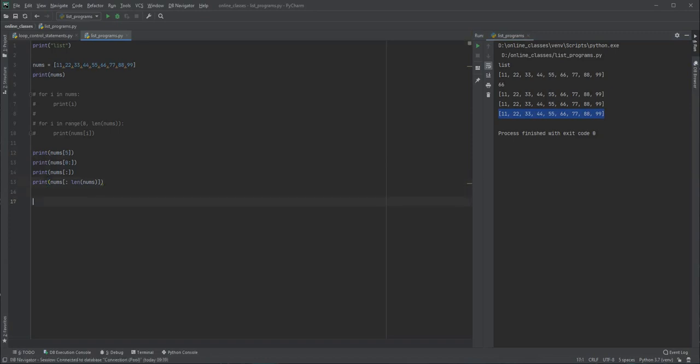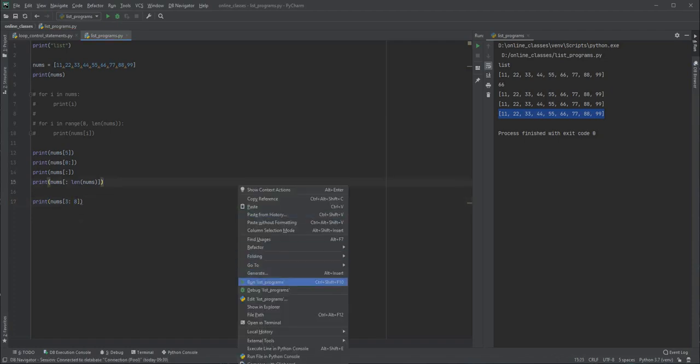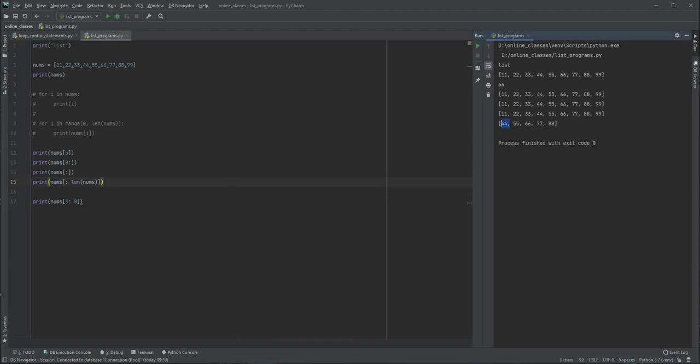Now if I want to slice, I'll use the nums square bracket. I want to see from the third index, and only up till the 7th index I want to see. So here I will give 8, because always the outside boundary will be reduced by 1. So let's see guys, from the third index till the 7th index it has printed.